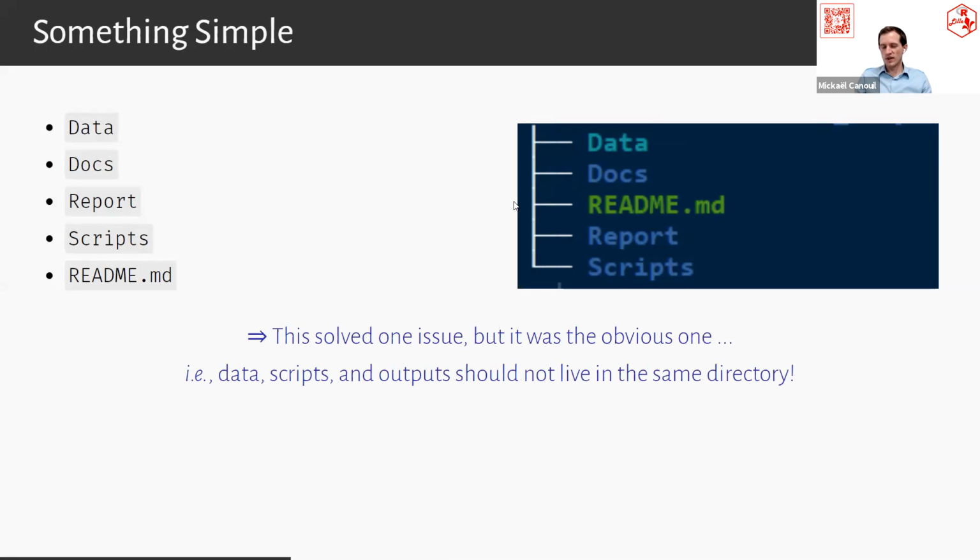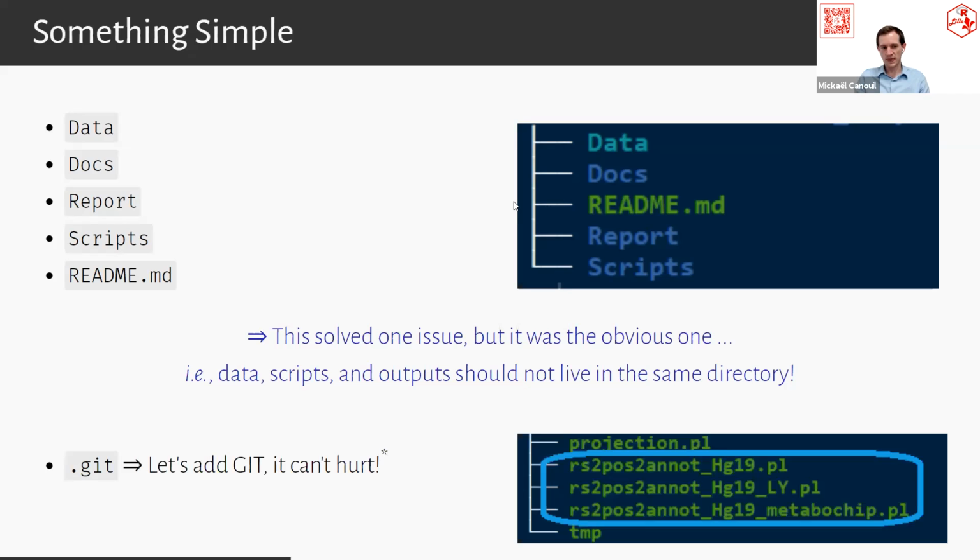So that's one part of the issue. Now we have a little bit of structure, so we can see more of what it is about, where you can find the documentation and the scripts. So a little bit more transparency here.